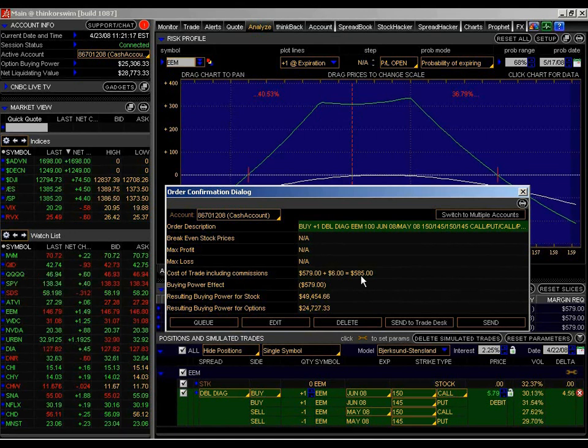Since we use both puts and calls, though, the stock, in this case an ETF, can't be up and down at the same time. It can only be trading at a single price. So one side of this position may be more profitable than the others, and normally if the trade does go against you, you can close it out with either a very small loss or maybe even a small profit without really harming your account. If we do keep it all the way to expiration, then all you have to do